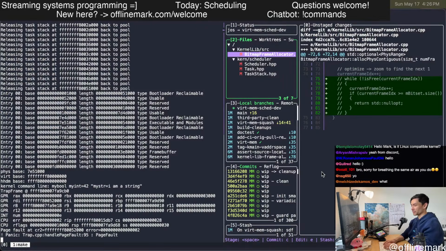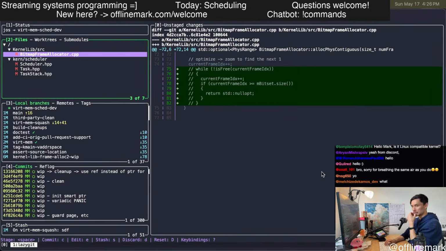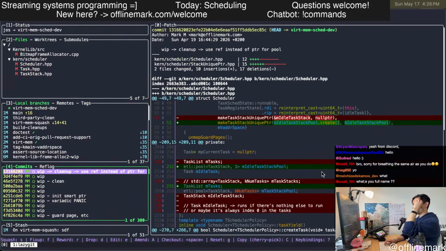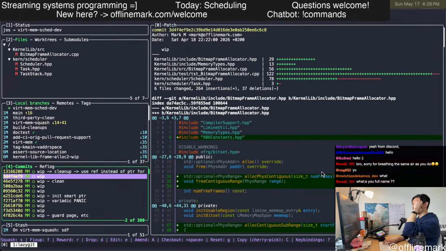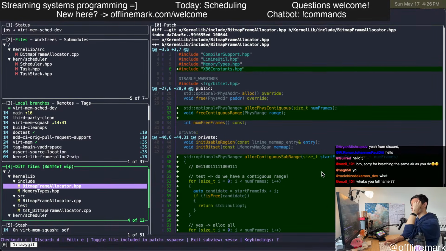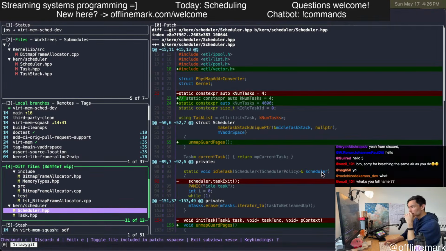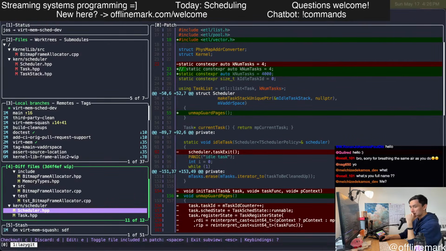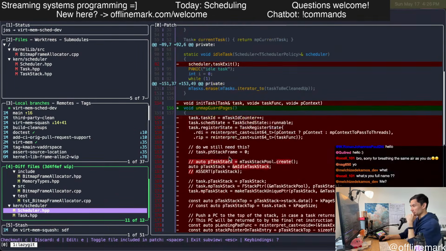What I need to do first though is, there was so much random junk here. This is all my experimentation to try to do that unmap guard page thing.